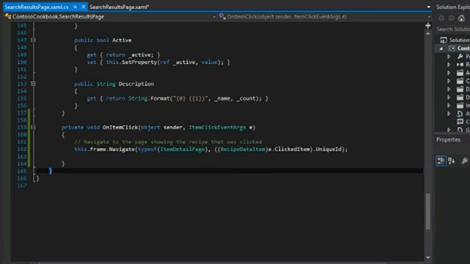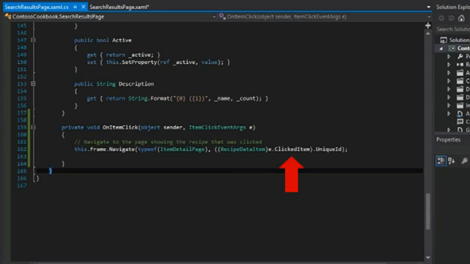Now in this case, we're passing the unique ID from an instance of recipe data item, the instance that the user clicked on from the search results page. This is a very pliable way to send objects or collections of objects between pages in your app. Now in this case, we're simply grabbing the item that was clicked on, that was passed into this event handler, namely this item click event args E, and then grabbing the item from its clicked item property, and that property will be sent out as an